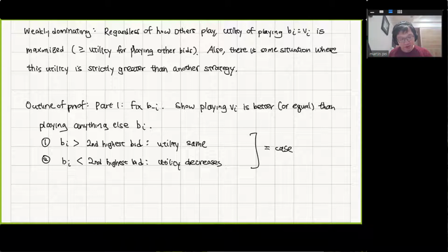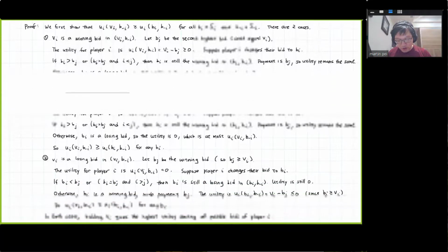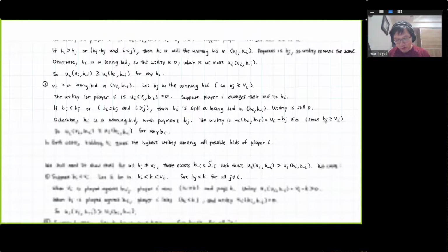You fix the other players' strategy, and you want to show that playing your valuation is the best possible. Okay, so that is the first part of the proof. Right. So that is completing the first objective of showing it's weakly dominating. Okay. All right, so that was the first part of the proof. And so in both cases,